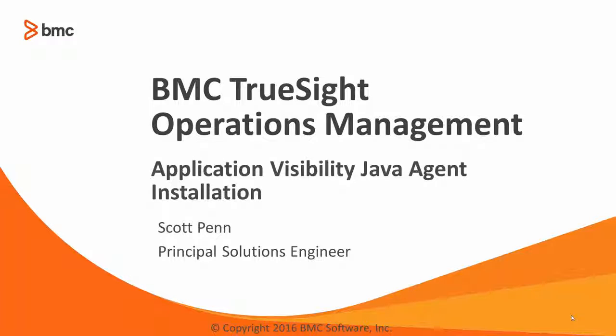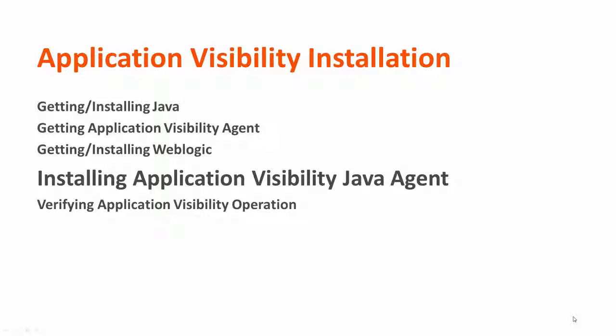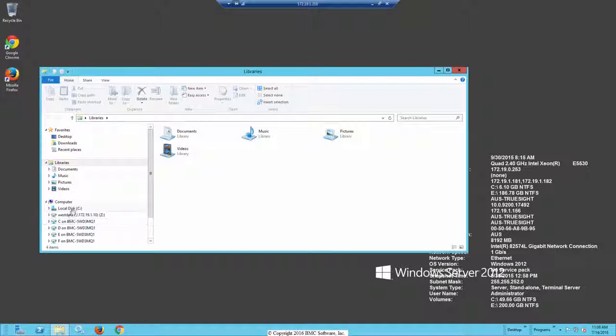Today is our continuing video series on Application Visibility Management and loading it for a test server in a lab. This 5-part series is getting the right version of Java, downloading the Application Visibility Agent, installing WebLogic onto a lab server, then installing the Java agent onto that lab server, and then tuning that server so they can collect data. This portion of the video series will be talking about installation of Application Visibility Java Agent on our Medrec server